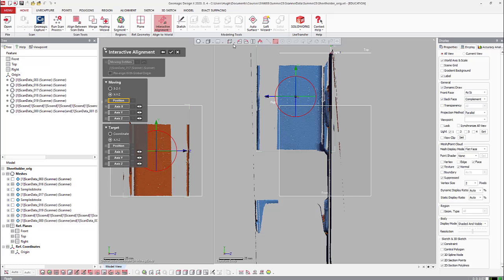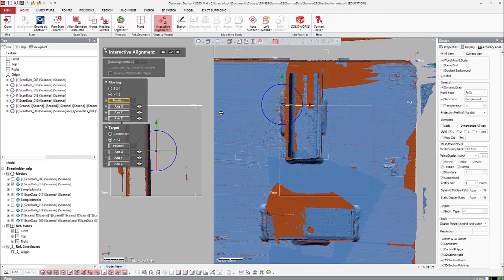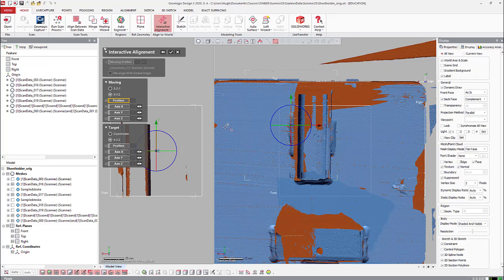Okay, and then let's do the bottom view again. Yeah, I guess there's the same weld. Okay, so let's